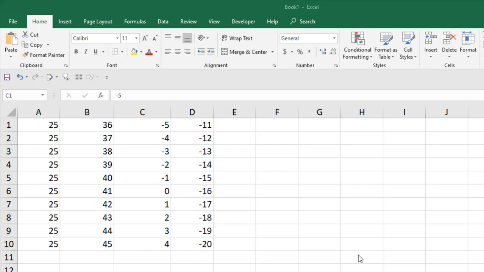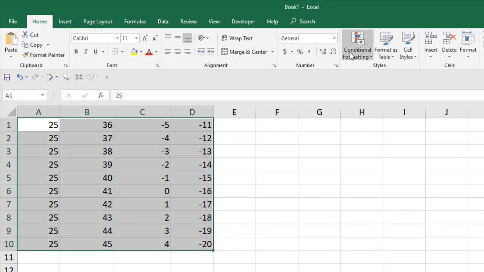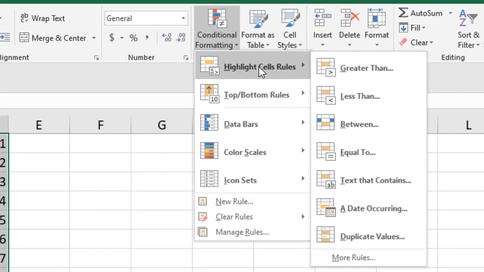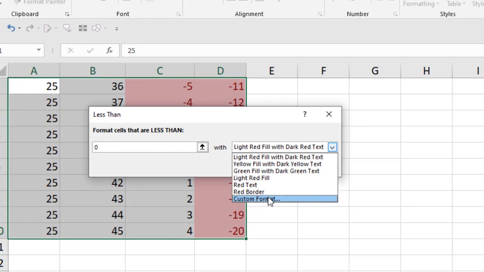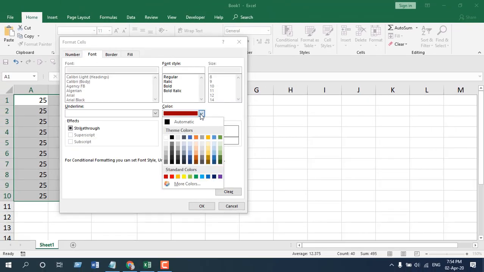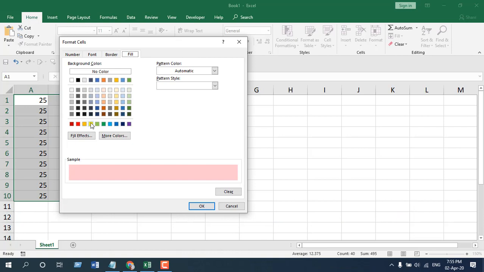Okay, so simply select the data range and then click on conditional formatting under the Home tab. Click on Highlight Cells Rules. Select Less Than and write 0, and click on this drop down here and select Custom Format and change the font color to black and change the fill color to whatever color you want. I want to highlight all the cells with yellow color, and that's why I selected this fill color, and click